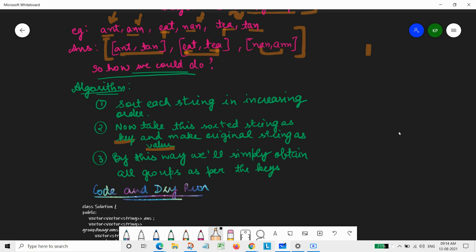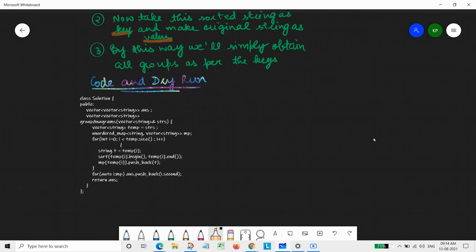And after this, we'll simply get all the groups as per the key. Now comes the coding part.